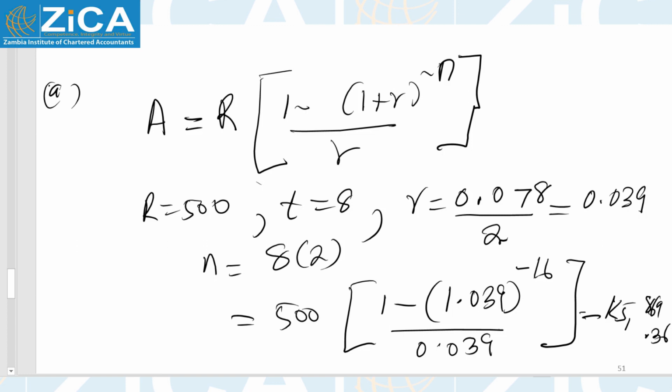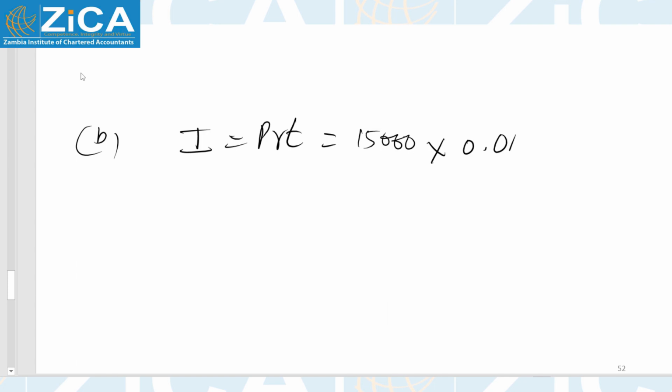Now, the other question, in B, is a question which you need to understand. It is just simple interest. And if you are given simple interest, that is in B, we know interest will be equal to PRT. So you are given the principal, which is 15,000, times the rate, which is 0.15, times the time, which is 6. And if you simplify this, it will give you